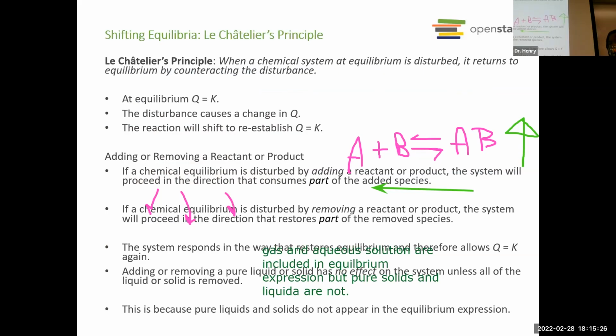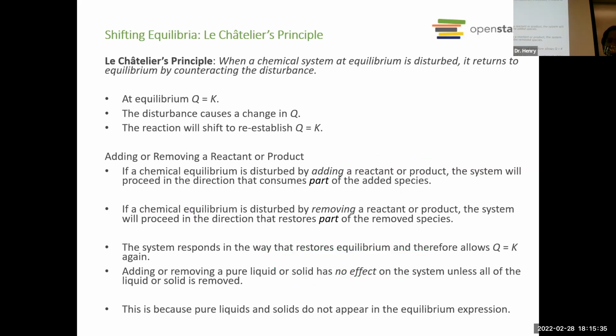Okay, so at equilibrium, and that's based upon the fact that at equilibrium, I guess maybe I should erase this so you guys can see stuff. Okay, so at equilibrium, Q and K are going to be the same, right? So as soon as we start messing with it, then we're shifting back to Q. And so that means that we have to try to get back to K. Okay, so the key is that once you're in equilibrium, you're always going to try to get back to equilibrium, right? So if you do something to disrupt the system, you want to try to get back to equilibrium. Okay, so if you add products or you remove products, it's going to shift the reactants.